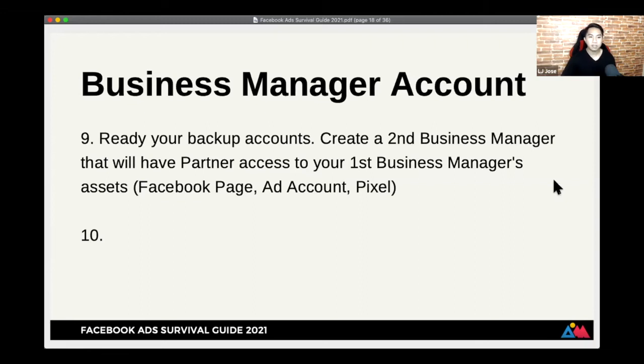Okay? Yung number 10 dyan, wala talaga yan. Nagkamali lang ako. Alright, any questions so far? So some of these are very technical actually. And you can research naman the methods on how to do this step by step. Hindi ko lang siya mapakita here because of the limited time that we have. Okay? So, nagigets ba guys yung mga sinasabi ko about these personal accounts, business manager accounts and whatnot.